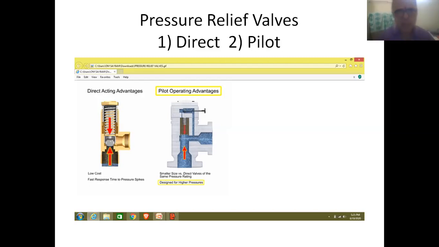So friends, as far as opening of these valves is concerned, firstly the relief valve will be coming to open position, and if necessary the pilot valve. Secondly, the pilot valve will be coming to open position. And as far as the closure of these valves is concerned, firstly the pilot valve will be coming to closed position, and finally the relief valve will be coming to closed position.